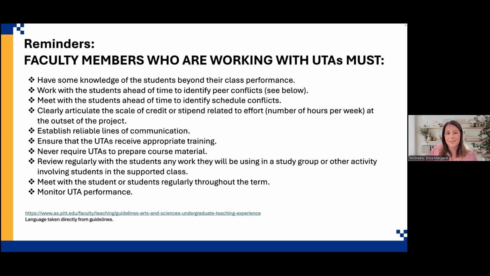Yeah, I think we're bringing up a lot of points here right now that show us all the gray areas, right? I acknowledge just by looking at the guidelines that there are a lot of gray areas, which is why we wanted to have this conversation in the first place. One thing to keep in mind is, our UTAs and our students are peers. They may have other classes together where they're sitting next to each other. They may have roommates that are friends, right? They may see each other out at a party.